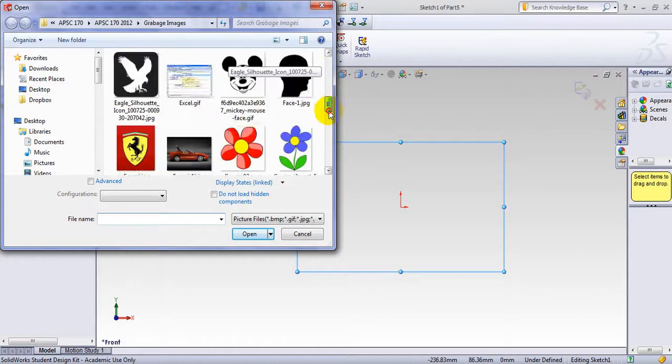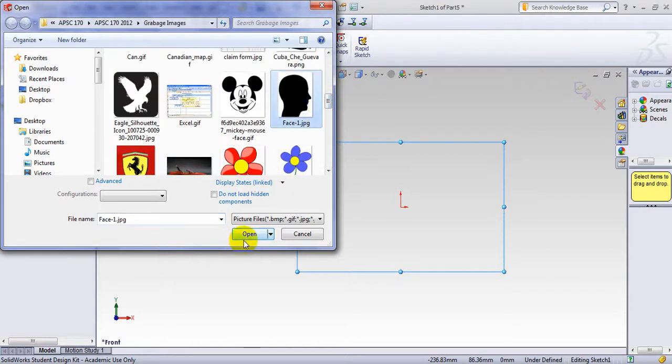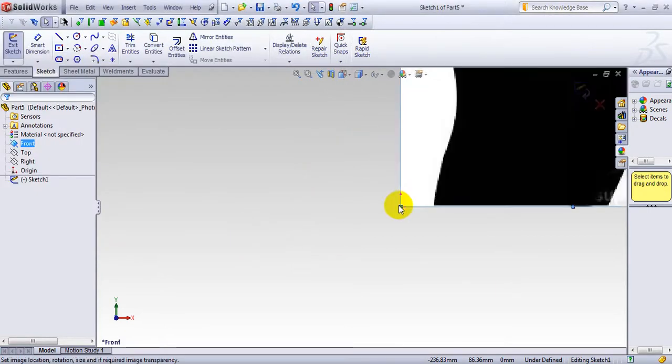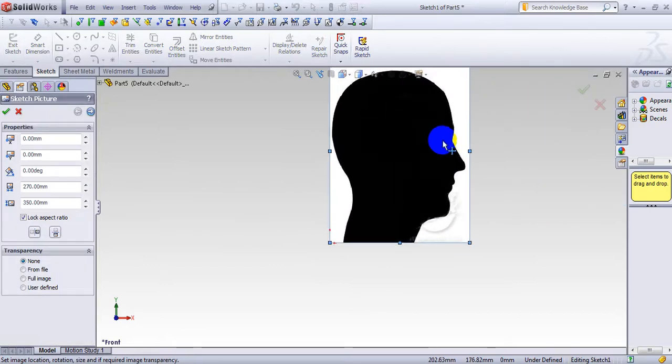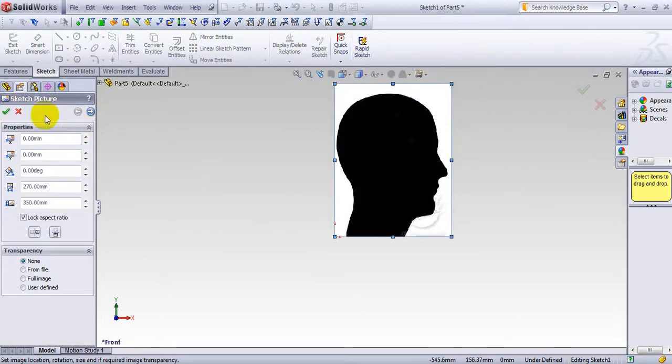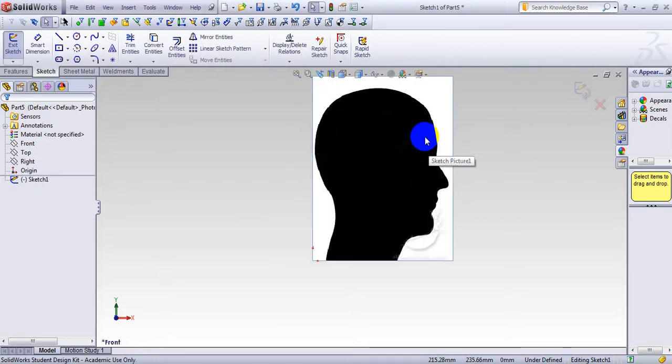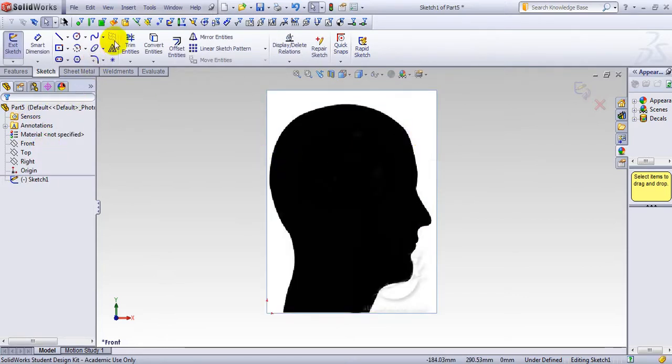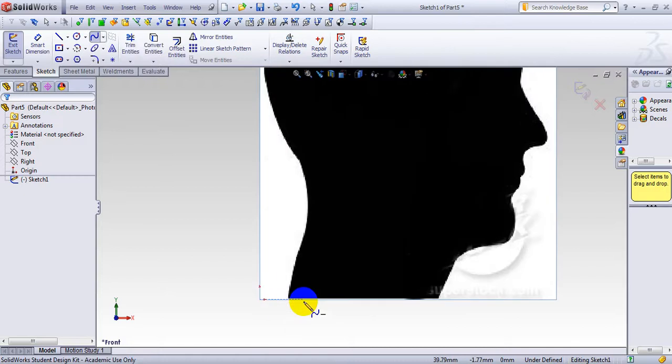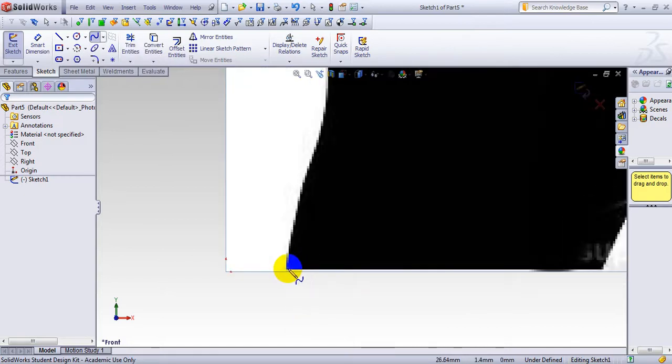In this particular case it is a side view of a head, and I can simply trace it, but I prefer to be more accurate. I don't trace this, and instead I simply use the spline feature, and I start from here, maybe,